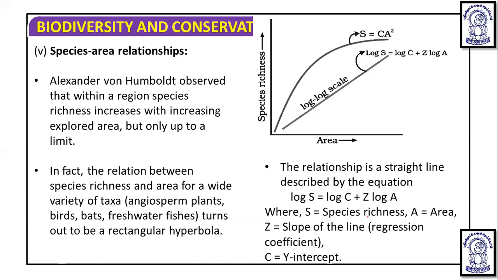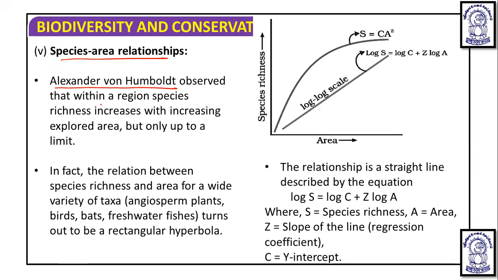Now, one more thing explained in the pattern of biodiversity is the species area relationship. Now we have understood why tropics have greater biodiversity. Now, dear student, one more important thing is the species area relationship, which was given by Alexander von Humboldt. Alexander von Humboldt observed that